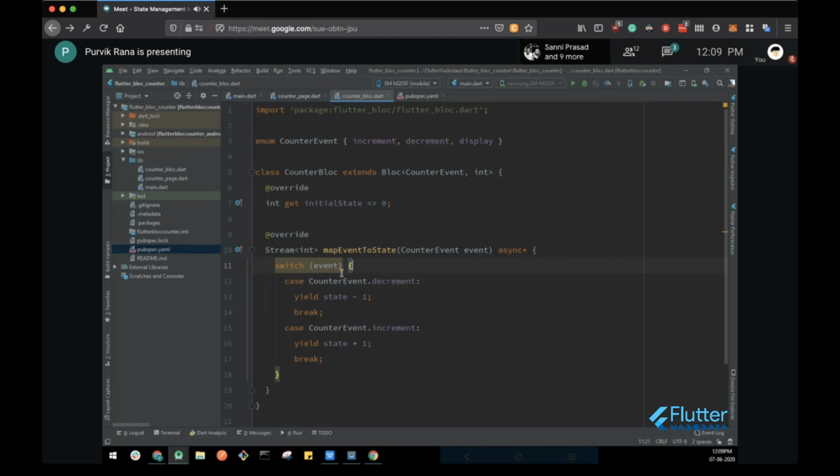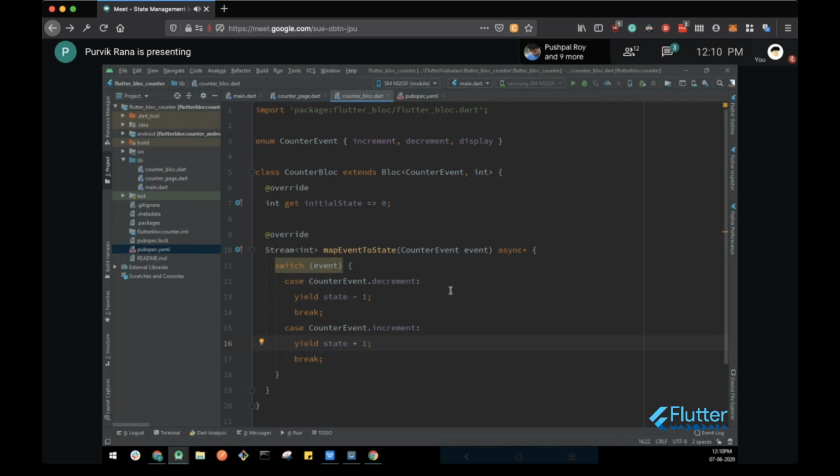So it has the switch statement. You can also have an if else statement over here, but because we have the enums directly, we can have the switch statement. We will pass the event as the object to compare with the different cases. Let's say we have the increment event or the decrement event. First, for the increment event, it will yield the next state, that is the state plus one. This state is the current state, and it is of type integer, so you can directly perform the plus operation on it and yield the value of the new state from this method.